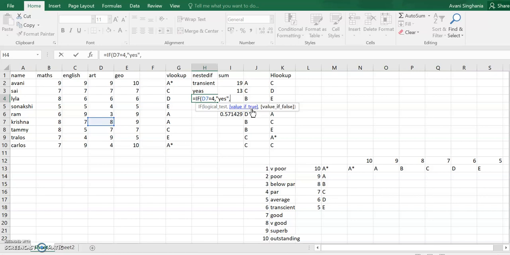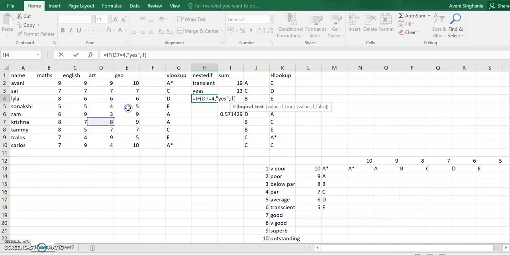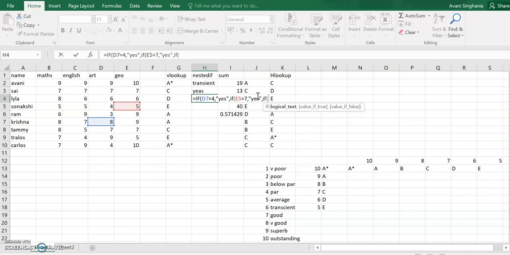If not, then we can do another if, E5 is equal to 7, then say yes. If not, we can put another if, and we can choose the